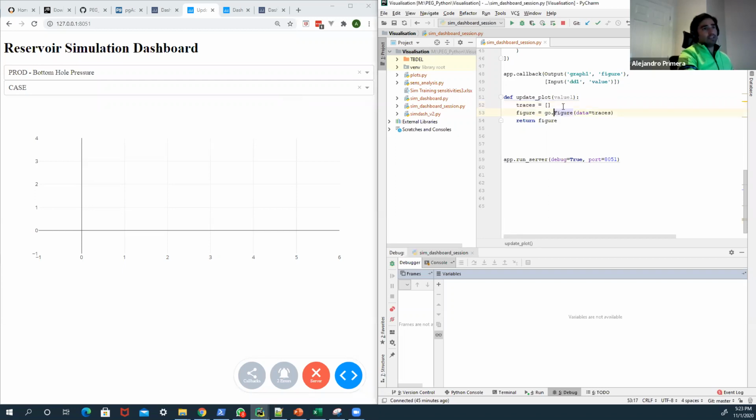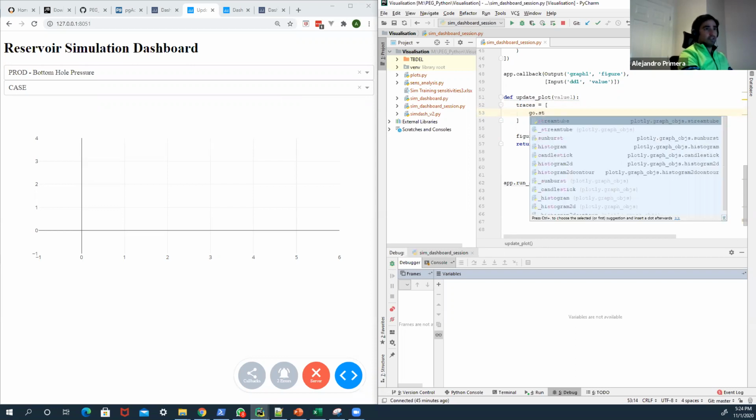So I need to define traces, a list of traces, and let's put the first trace here. Inside this trace, I'm going to put a go.Scatter data scatter plot,